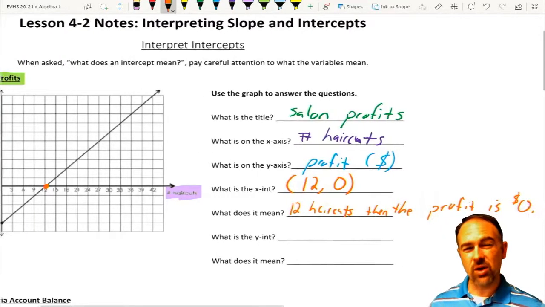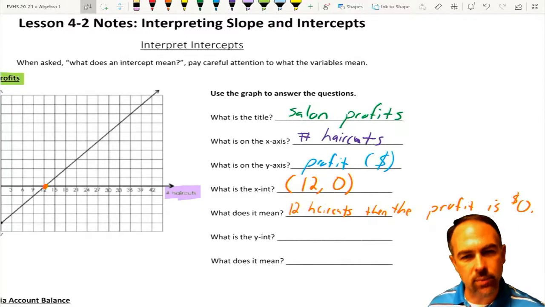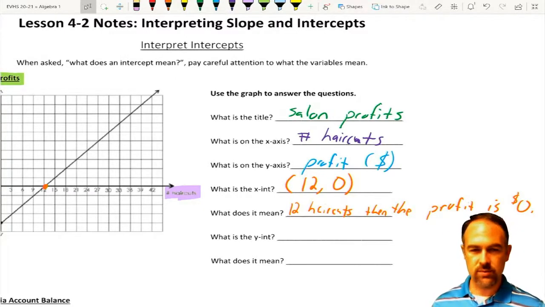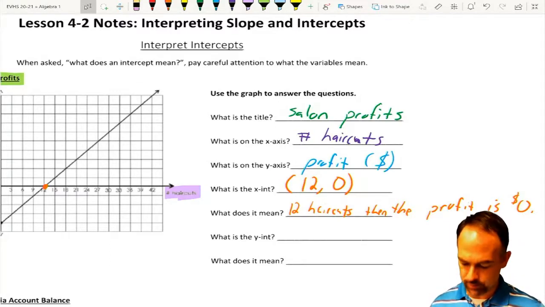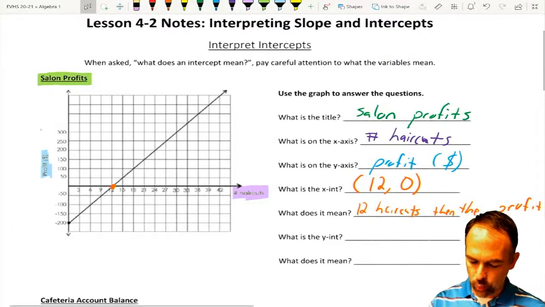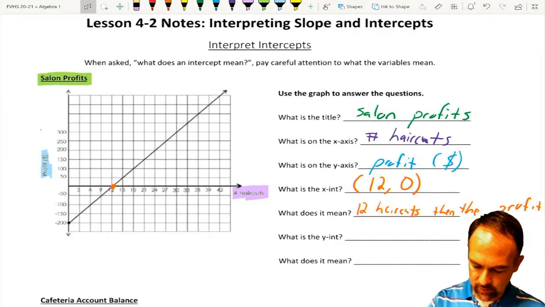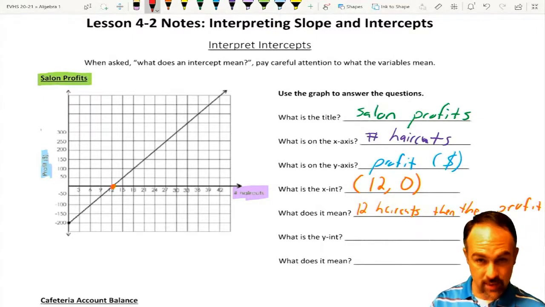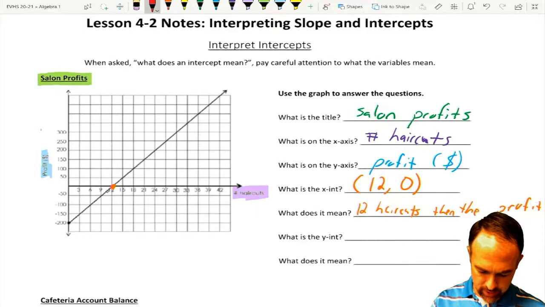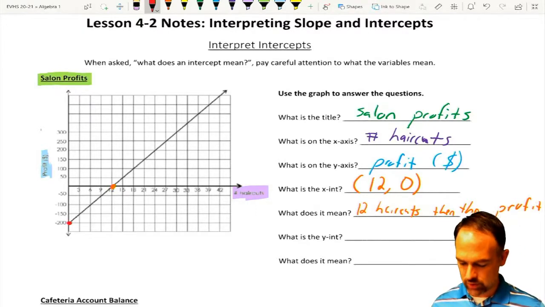Now, a $0 profit, that's also considered the break-even point. She would have to cut 12 heads of hair in order to make up for the money that she lost. Okay, what does the y-intercept mean? Well, if I look at the y-intercept, that happens when x equals 0. So if I trace along here to where x equals 0, it's right there at